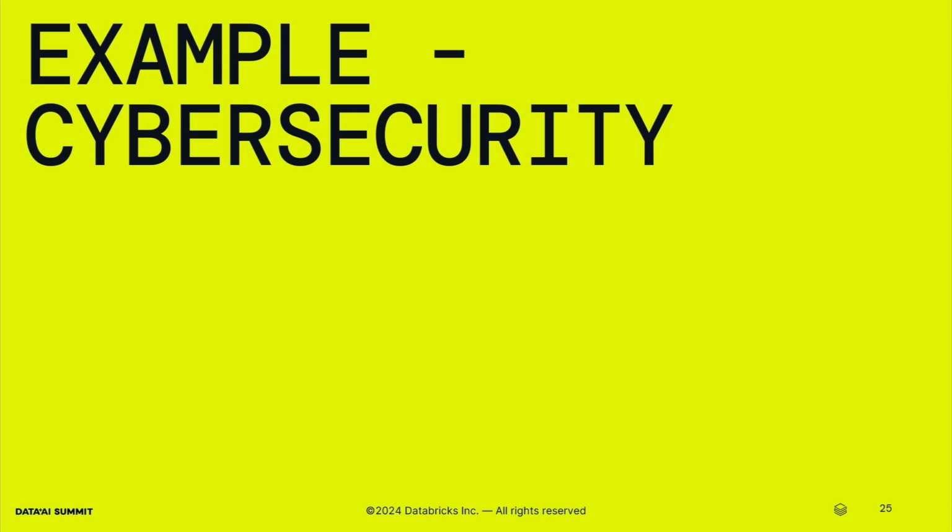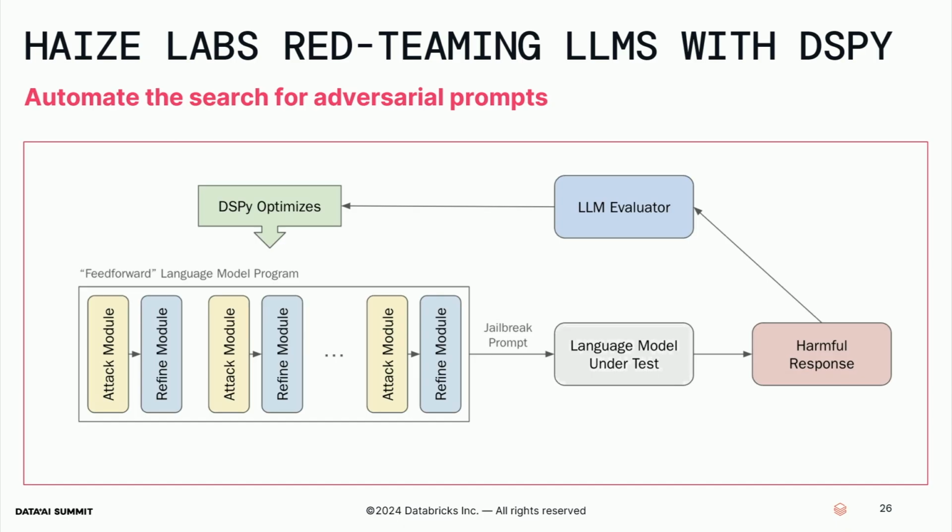Now, we'll go into another area, cybersecurity. Haize Labs has developed a fascinating approach to automating red teaming, addressing the challenge of searching the vast language space for adversarial prompts. So red teaming LLMs, if anyone doesn't know, involves simulating adversarial prompts and attacking the model to test their resilience and identify vulnerabilities. Now, this process helps improve the model's robustness against potential misuse and enhances overall security and reliability in real-world scenarios. The DSPy optimizer called MIPRO, combined with a language model acting as a judge, refines strategies for adversarial attacks, making it an effective tool for testing AI robustness.